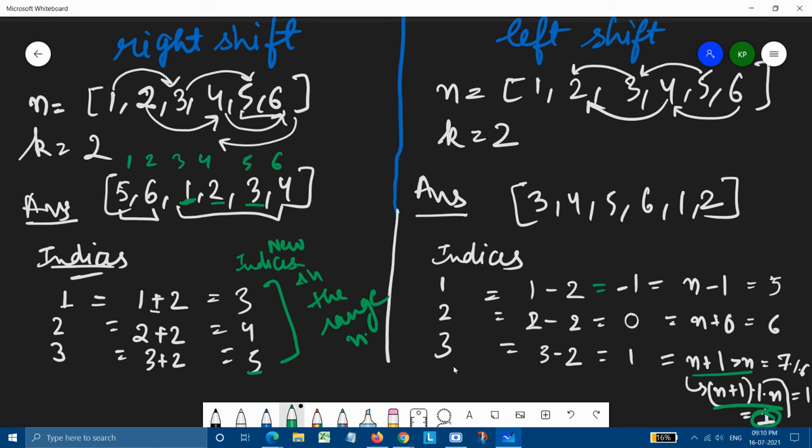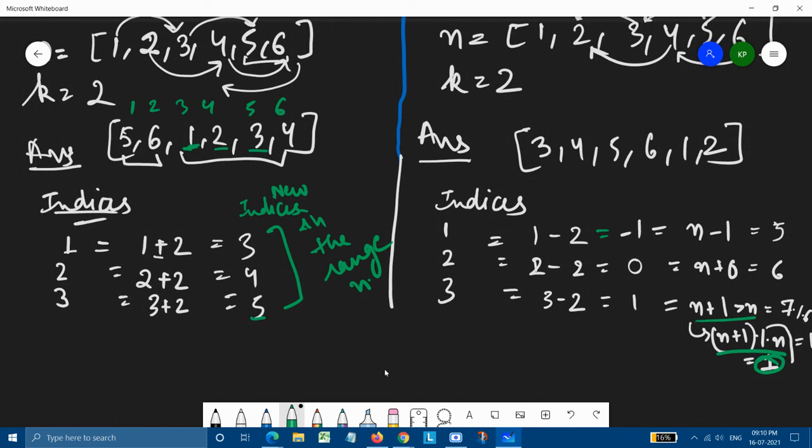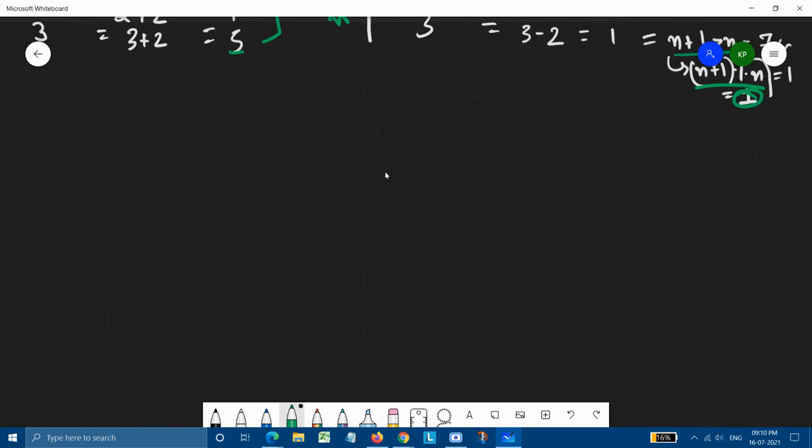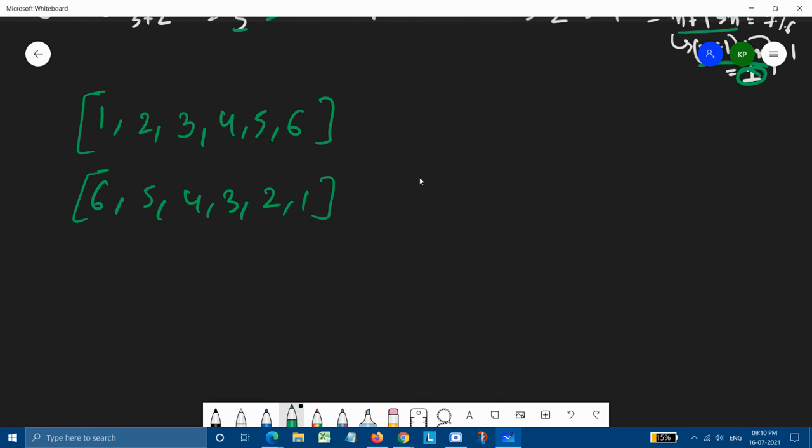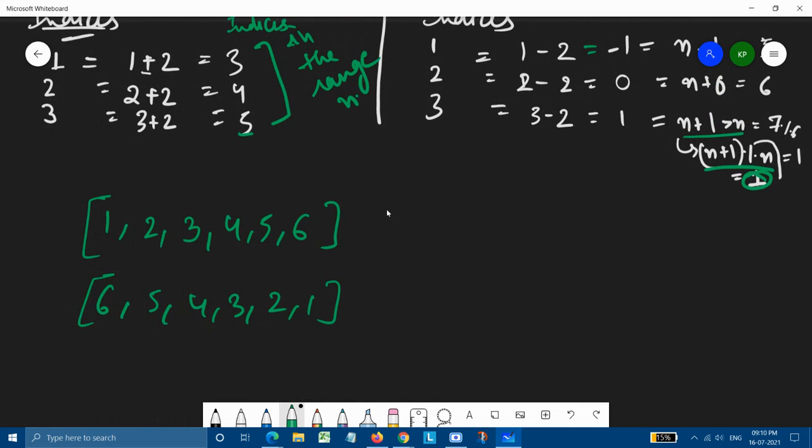Let me give you one example. At the first part, where our array was like this, if we simply reverse it, we get 6, 5, 4, 3, 2, 1, and then compare with the answer.